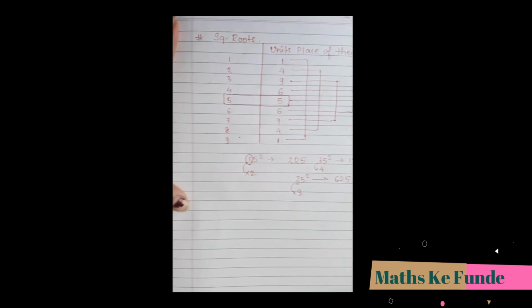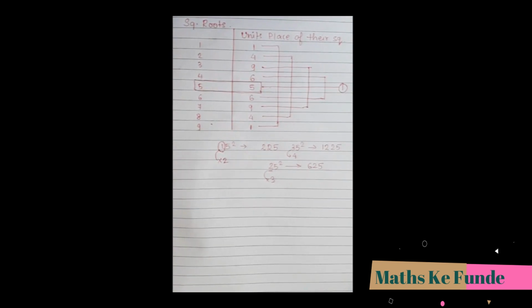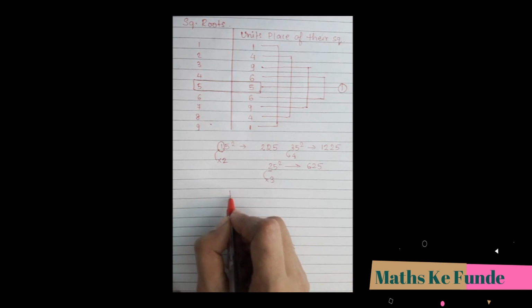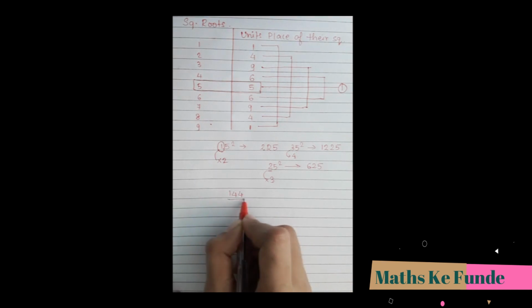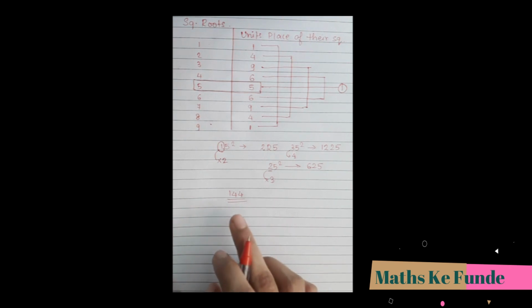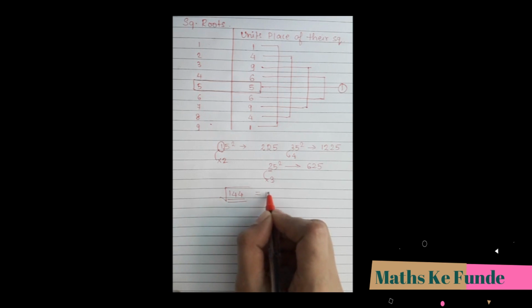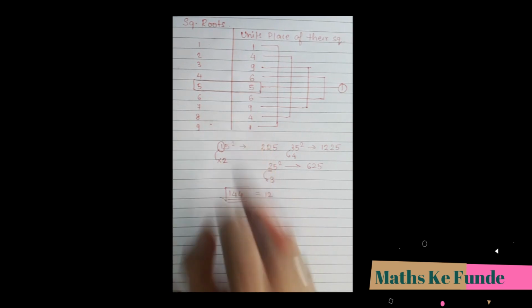Okay, so let's apply it with square root calculation. Now let's try with a very simple example, which I can say is familiar to you. Let's try with 144. As everyone knows, we multiply 12 with 12, which means the square root of 144 should be 12. Now how can I apply it with this method?